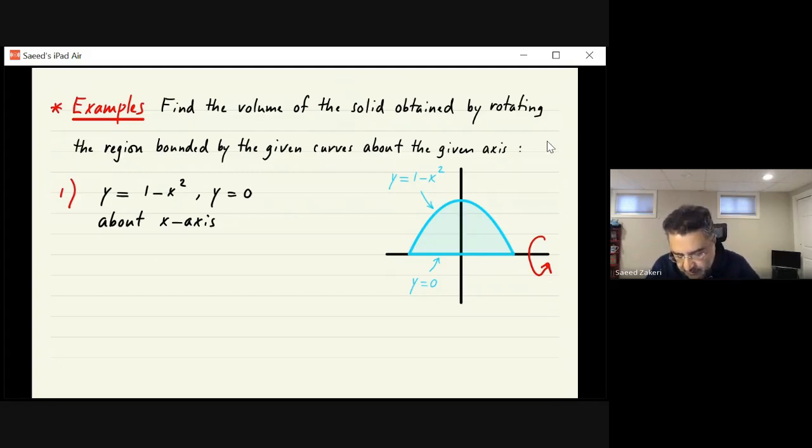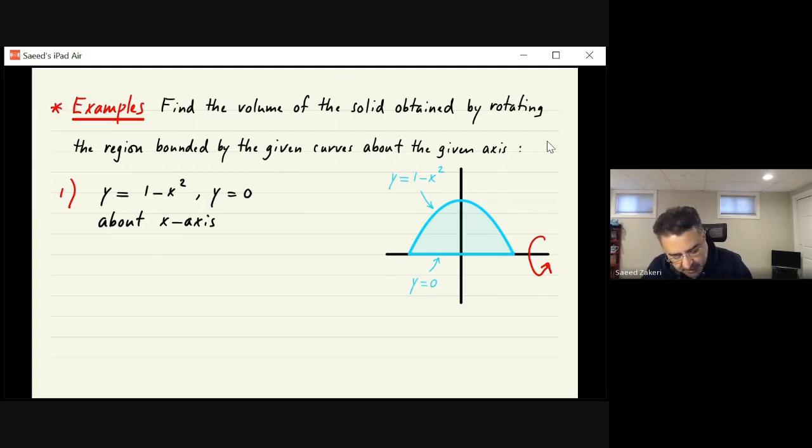Find the volume of the solid obtained by rotating the given region bounded by the given curves about the given axis. So in each case, I give you a region and I give you an axis. And the question is, what happens if I take that region and rotate it around that axis? The solid that I end up with is a solid of revolution. What is the volume of it? Okay, the first example is